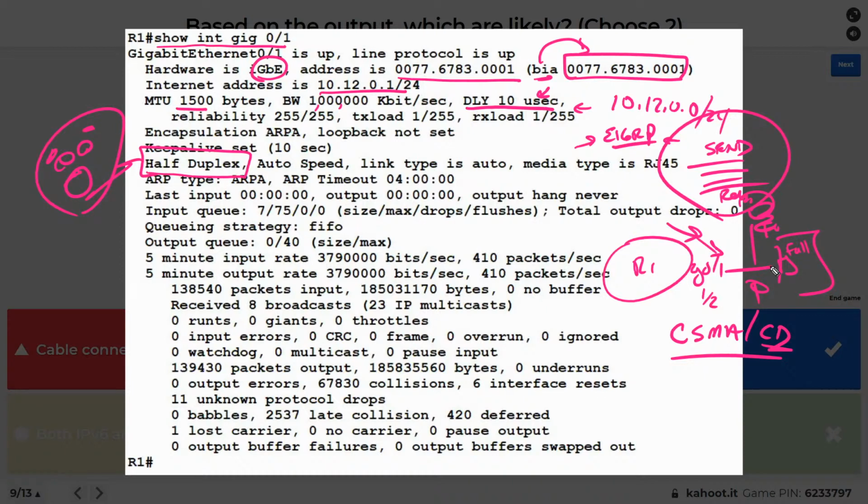So if we have R1 that's set up with half duplex, and the switch or whatever we're connected to is set up at full duplex, this guy could be talking while we're trying to send, and there we could see collisions. So if we see collisions, which I do right here, if there's a boatload, and I would say that's maybe a quarter boatload, depending on the boat, but that's a lot of collisions, that would probably reference a duplex mismatch between this port that we're looking at and whatever it's connected to. There shouldn't be that many collisions.